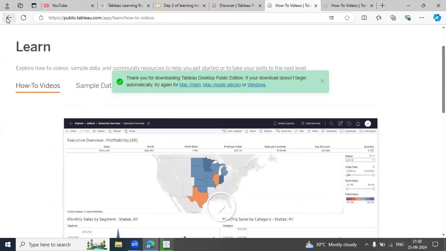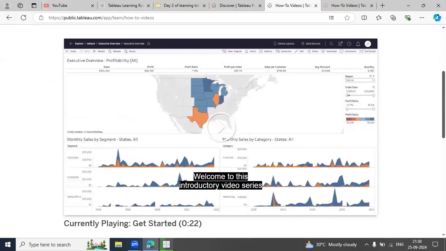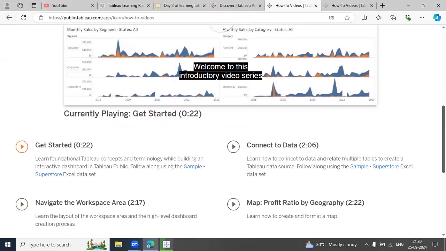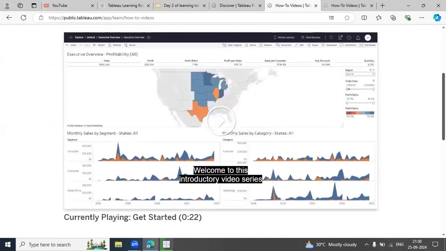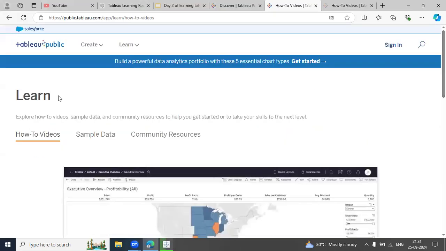So let's go to the site and try to learn new things. Again, here is the sample. You can see that it is basically the monthly sales of a segment across all the states, all the types, all the branches in different states.